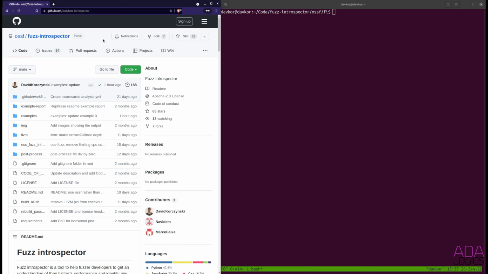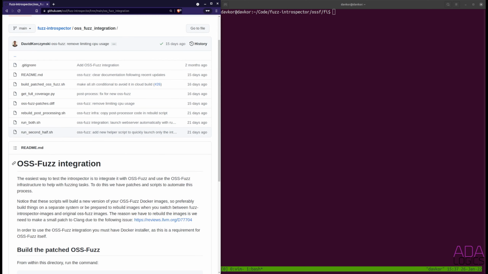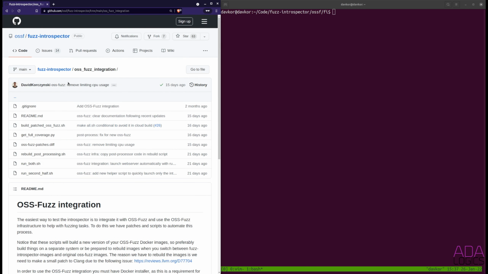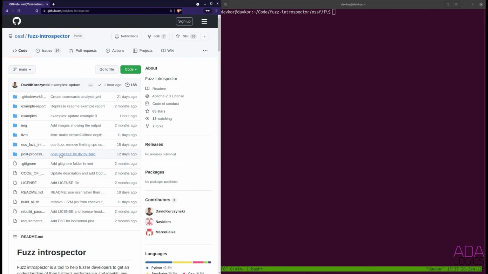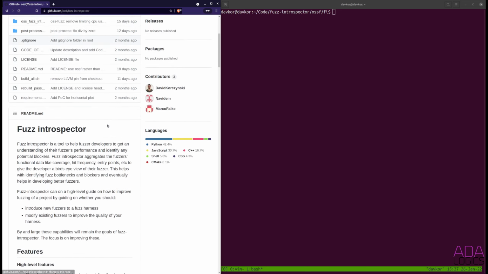Now, in this video, I would like to show the tool by going through the integration it has with OSS-Fuzz projects. So it has essentially been developed in a way that makes it possible to run on a large number of the existing projects that are integrated into OSS-Fuzz. And in order to do this, I will simply follow the instructions that are on the GitHub of Fuzz Introspector. So if we go into the OSS-Fuzz integration,